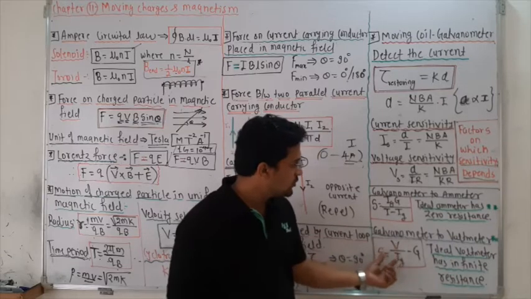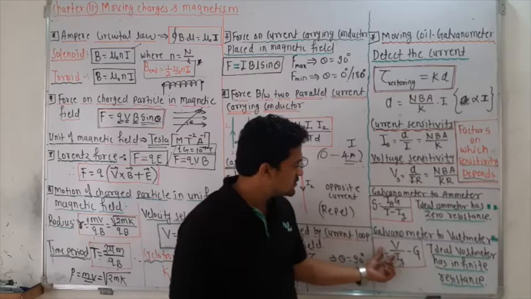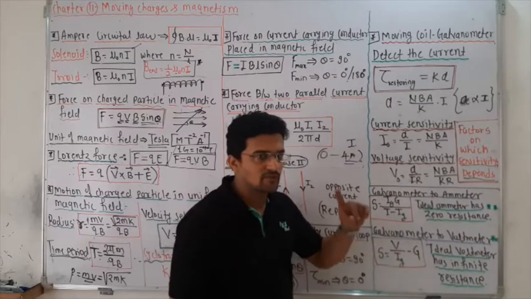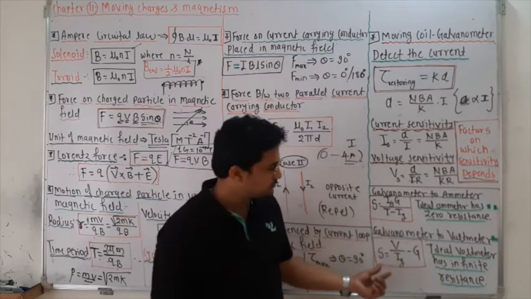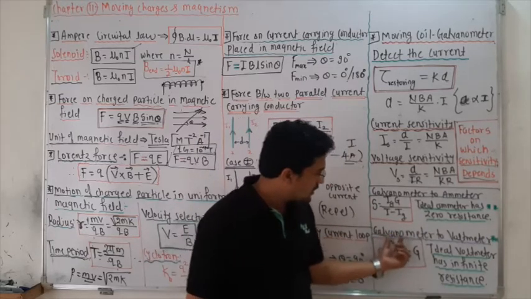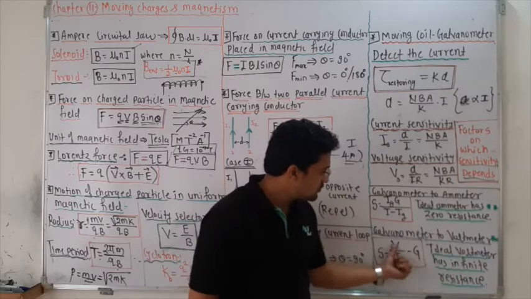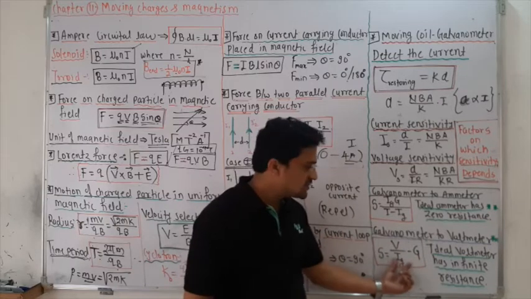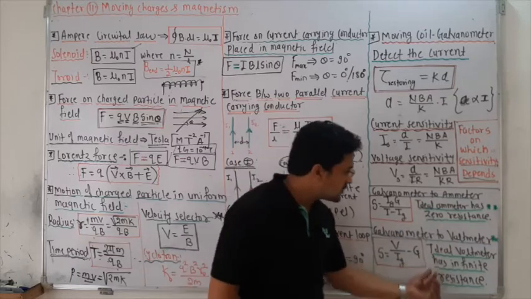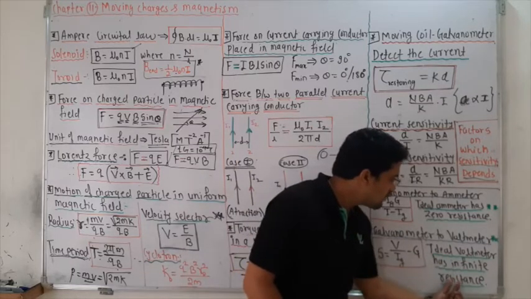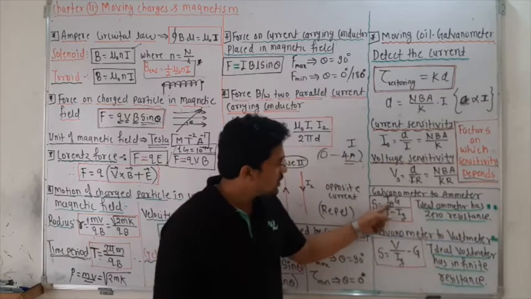Next, galvanometer to voltmeter. In the ammeter case the shunt resistance is connected in parallel, and in this case the shunt resistance is connected in series. So just recall both the diagrams, and see how the S is connected. Next, for the conversion of the galvanometer to voltmeter, S is equal to V divided by Ig minus G. V is nothing but the range, Ig is the current through the galvanometer, G is the resistance of the galvanometer. And here also, an ideal voltmeter has infinite resistance. So remember these two statements, both are important, and these two equations, both are important.